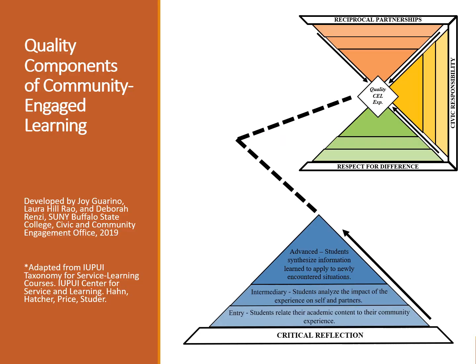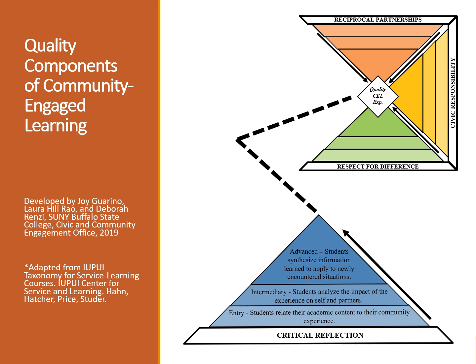The first one we're going to look at is called critical reflection, and you can see that we've pulled the component out from the taxonomy. The arrow shows that the student learning outcome that we start with is a basic SLO, and it can deepen as you consider your course and the students in your course for each of these critical components. The lighter shades to the darker shades have student learning outcomes in them, beginning, intermediate, and advanced. Again, those go from sort of a more basic or beginner learning outcome to something that has a deeper impact,